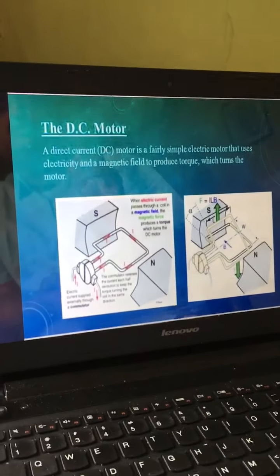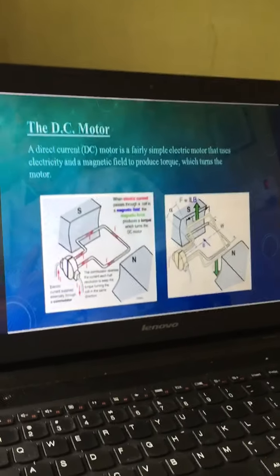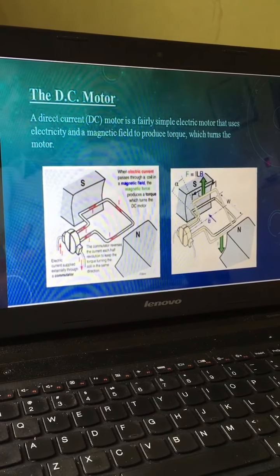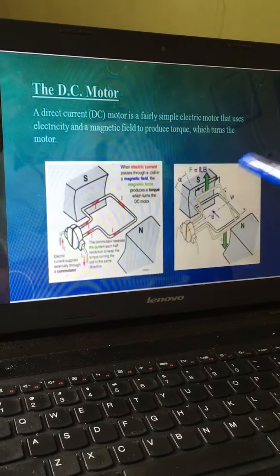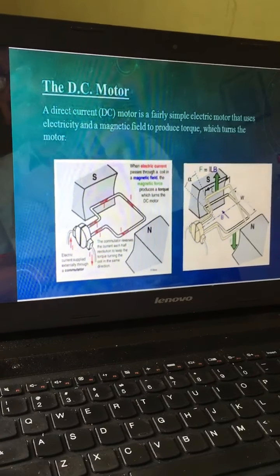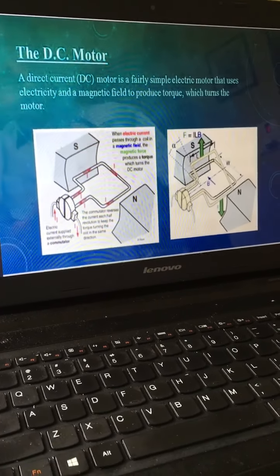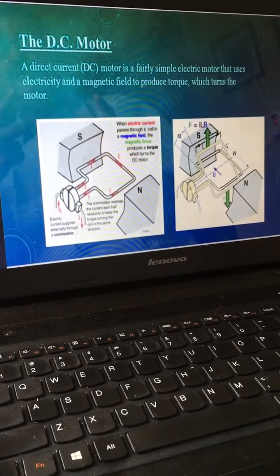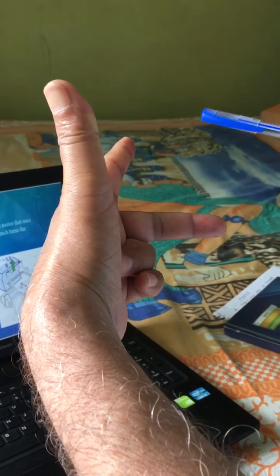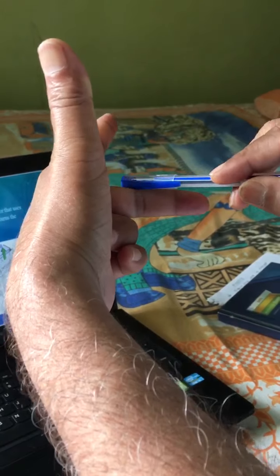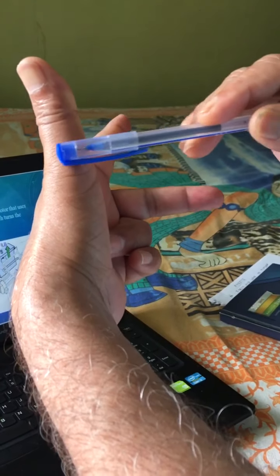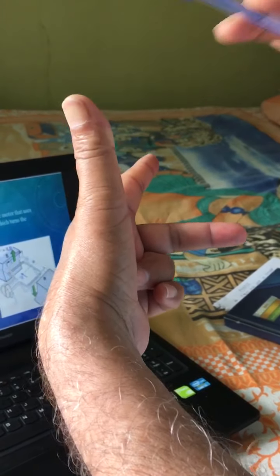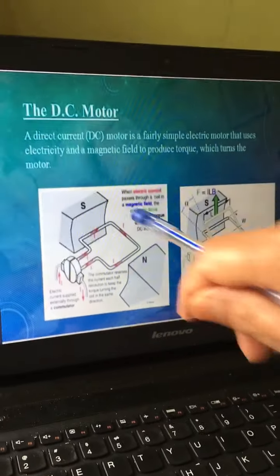Now children, do you know the basic principle of the electric motor? If a current carrying wire is placed in a magnetic field, it experiences a force. So this is the basic principle. On what law is it based? It is based on Fleming's left hand rule. What is Fleming's left hand rule? If we stretch our left hand like this, then the forefinger indicates the direction of the magnetic field, the central finger indicates the direction of current, then the thumb indicates the direction of motion or force. So based on this concept, the electric motor works.